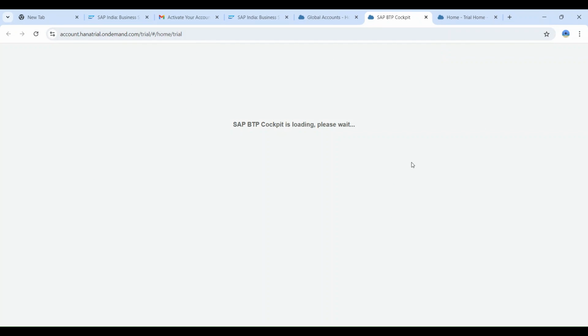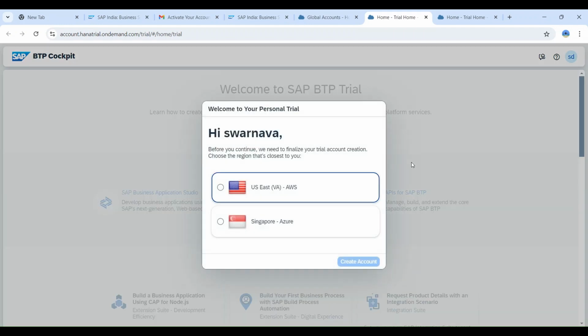Guys, for those who are creating it for the first time, a separate page would come for verification of mobile number. There you need to enter your mobile number, and an OTP will be sent to it. You just have to enter that OTP code over here and click on submit. Once you have done the verification, it would automatically redirect to this current page, which is currently displayed on my screen. So here, as you can see, welcome to SAP